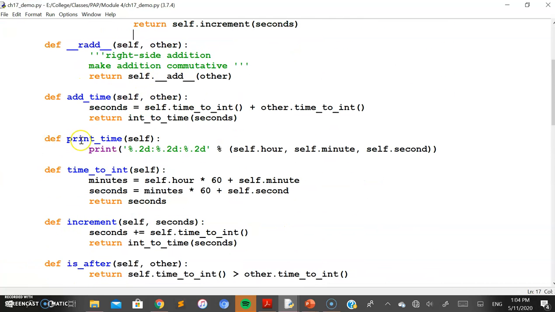Here is print underscore time, which accepts the object of the class time and prints the attributes of this class, which we already discussed in the previous chapter. It is exactly the same way we did it. We'll make a comparison between the different methods here. The print underscore time method needs to be explicitly called once you set the values explicitly. We'll make clear how it is different from the str method.